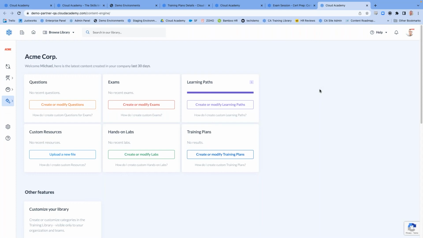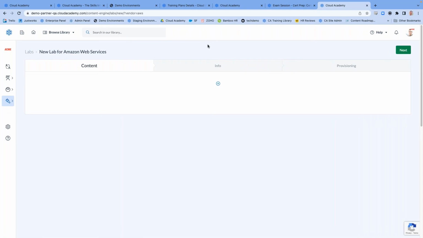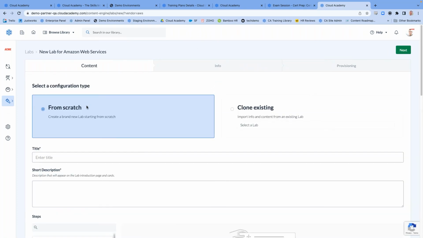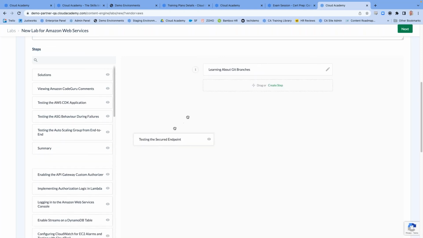But what I do want to show you is how easily you can build a guided hands-on lab. Anytime we're building in here, in this case a lab, we do need to determine which public cloud vendor we'll be using. But when it comes to customization, we can either build it completely from scratch, or if there's something you really like from our library but just want to make it your own, it's very easy to duplicate and do just that. If I scroll down, you can already see all of the steps I can dictate to an individual end user. Now it's simply a drag and drop for what I want these students to complete.